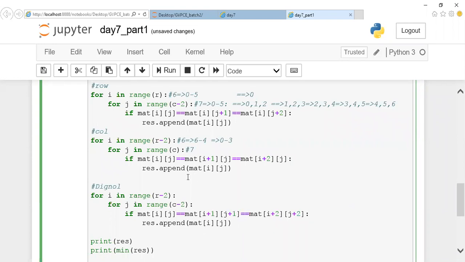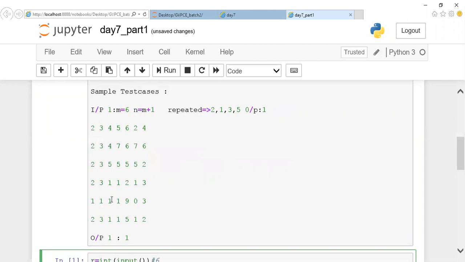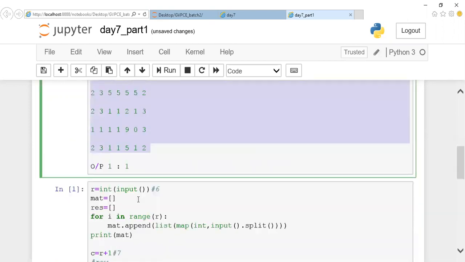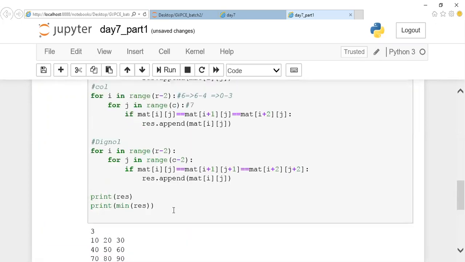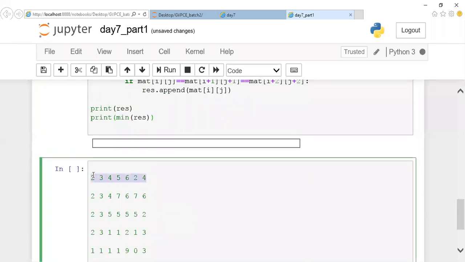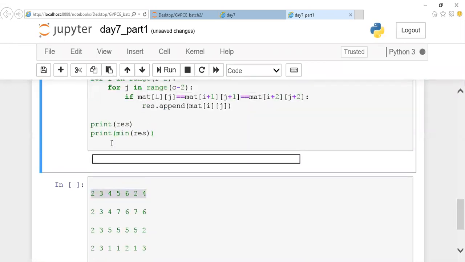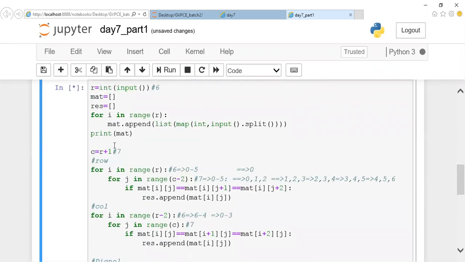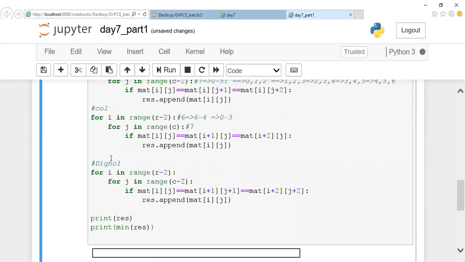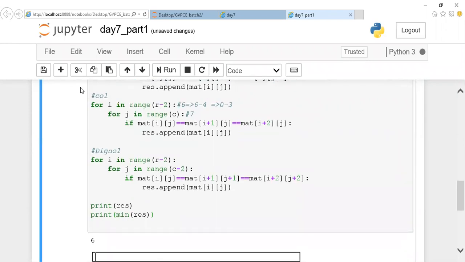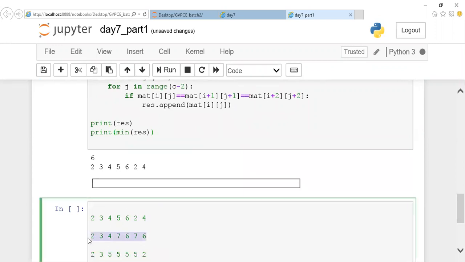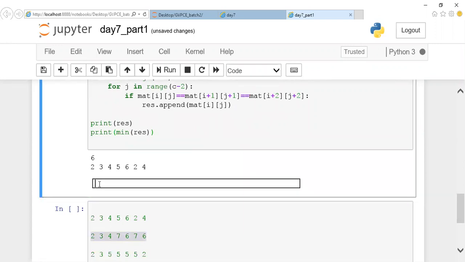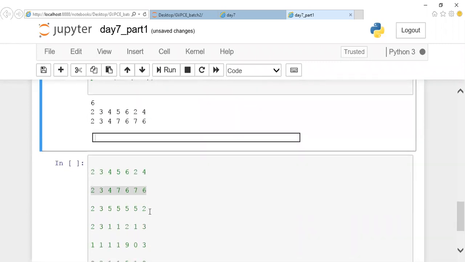Okay. Now let us execute this. I'll paste this condition below. It will be easy for us to work it out, right? What is the first value you're getting? You're accepting your m value, isn't it? Your row value. Your row value, let me give 6. Your first row, I pasted. Let me paste. Your input is a bit big, guys. You're supposed to paste 6 rows.